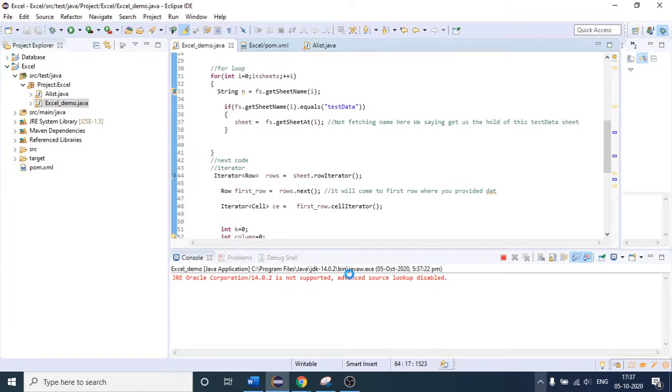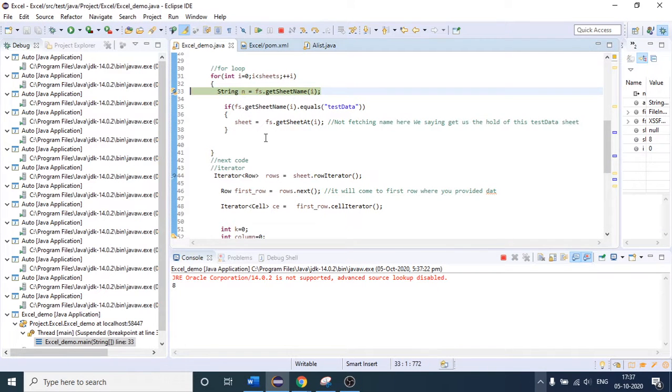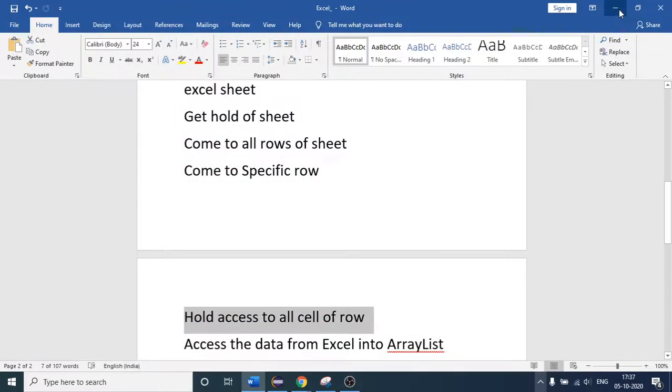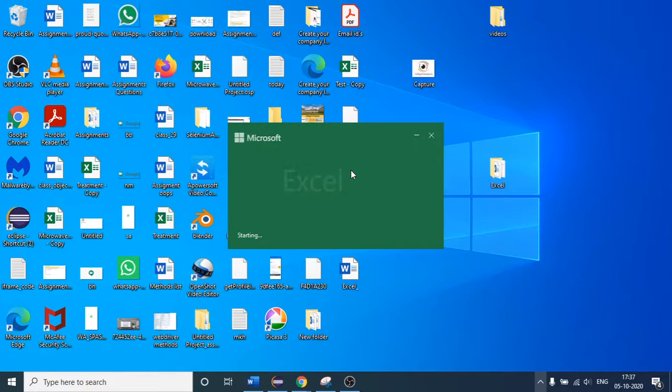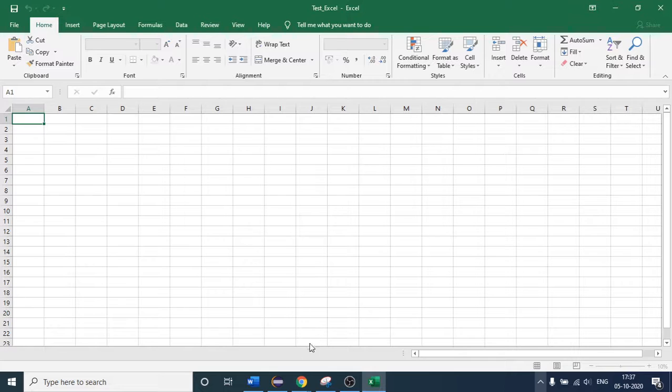Okay, again it has started debugging. Let me open Excel again. At runtime, if your Excel is open, it will not throw any error. For the understanding purpose, I am opening my Excel. I thought that our data was gone.